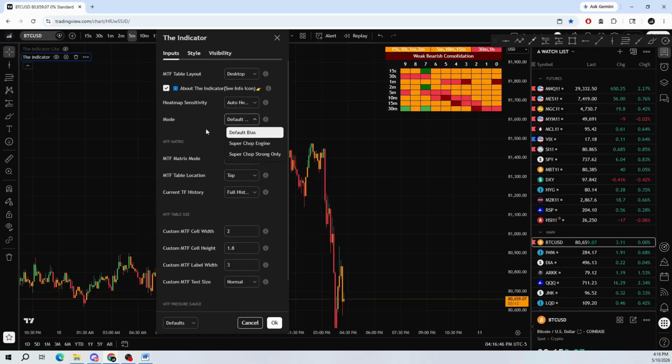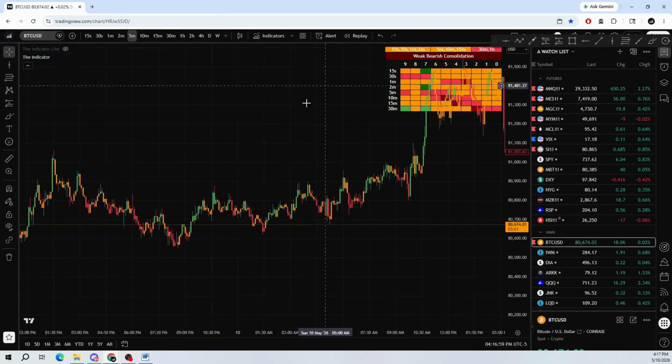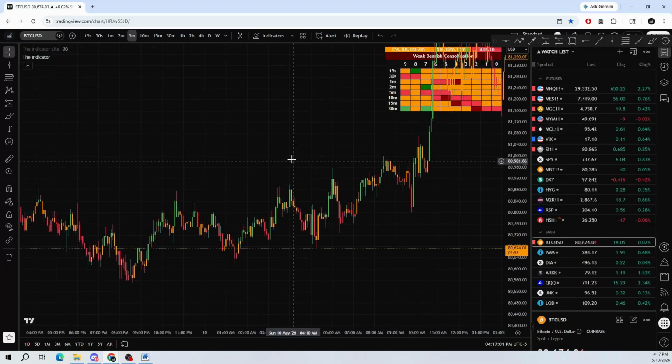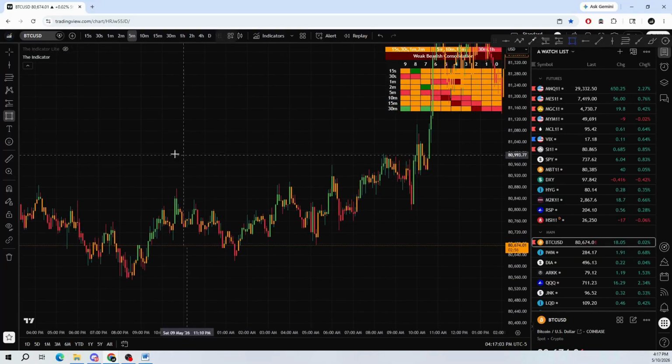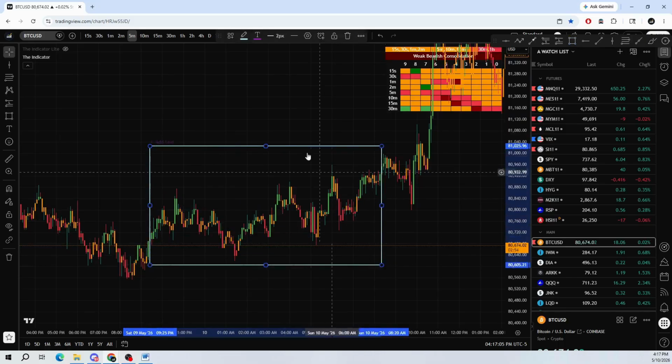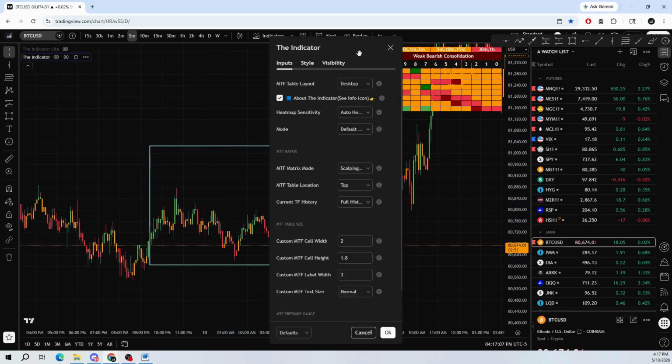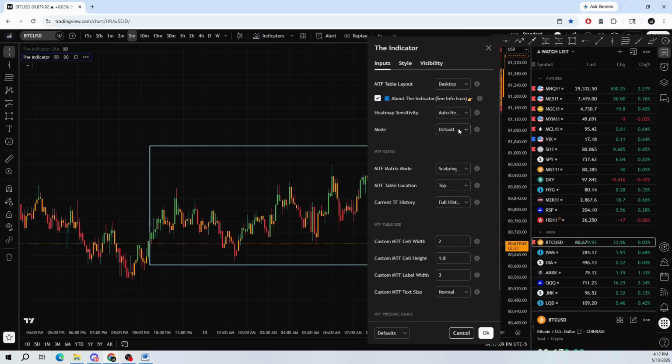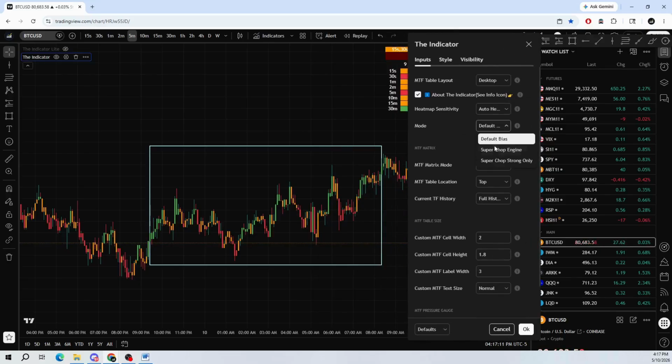Another mode that was added is this mode. I should probably have a different name for that, but a new engine was created, and this engine is essentially designed to remove the chop that you are going to see. So let's go ahead and look at that section. Let's focus right here. I'd say that this zone here is pretty choppy. So if we go into the settings and we flip it from default mode to super chop engine,